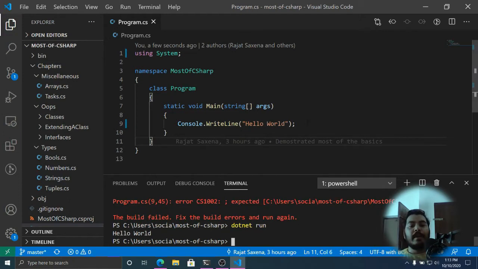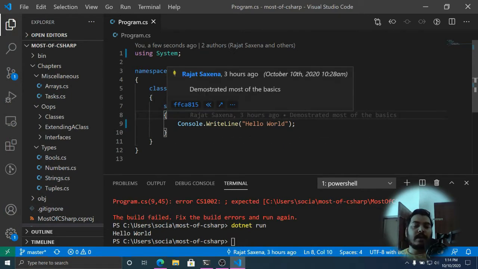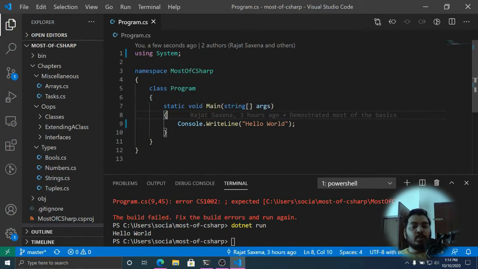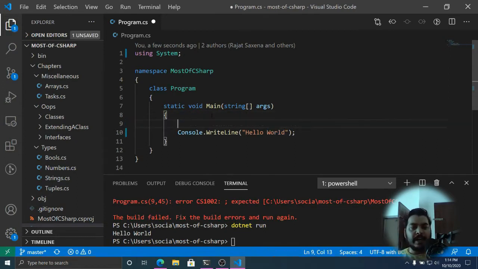Okay, now there are a couple of ways to output things. So let's suppose I want to write my name here. How can I do that? We are going to look at strings later on, but I am going to demonstrate it right away. So I'm going to create a new variable name. This is how you create a string variable, Rajat. Okay, and then in here I'm going to put this name variable inside these curly braces, and outside this string I'm going to put this $ sign.